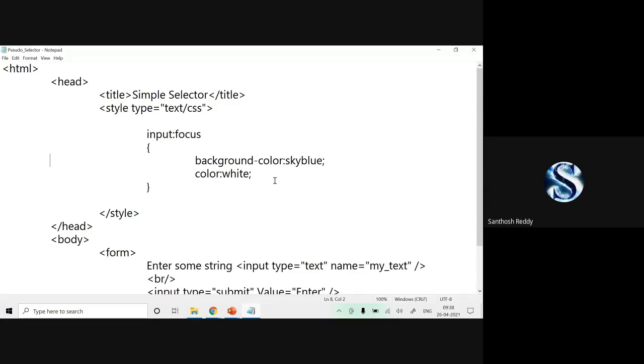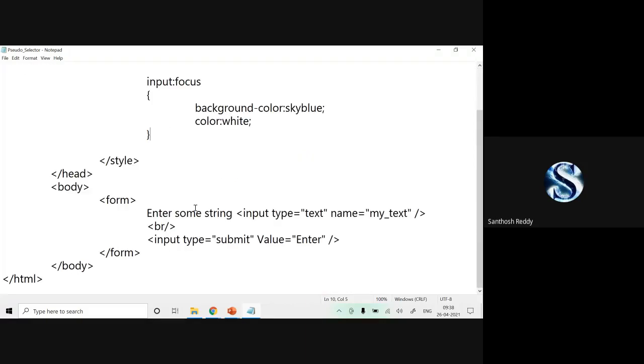For example, focusing or hovering on a hyperlink. Focusing means, suppose you have an input text box, and when I place the cursor, it gets highlighted. Here I'm specifying: enter some string, input type equal to text, and next I have used input type submit.